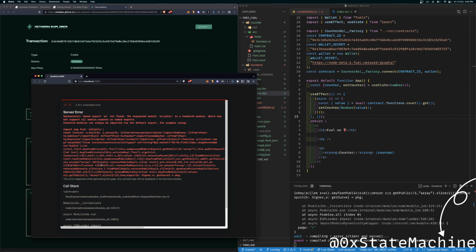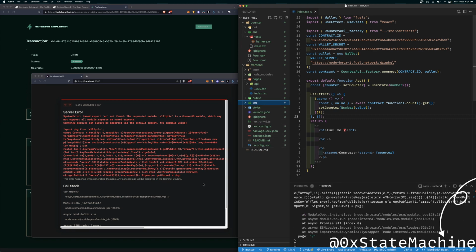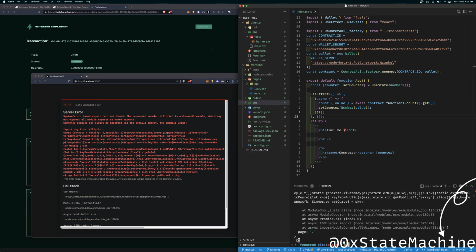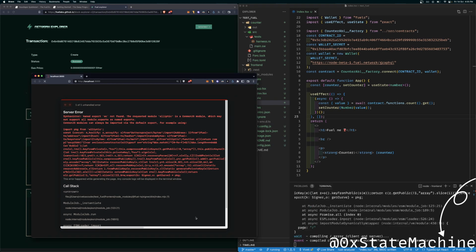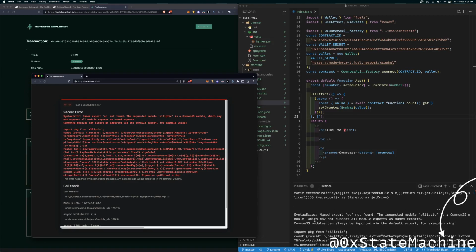The requested module elliptic is in CommonJS module, which may not support all modular exports as name exports. CommonJS modules are always imported via default exports. Can I remove? This is probably not because of scripts. Oh, god damn it.